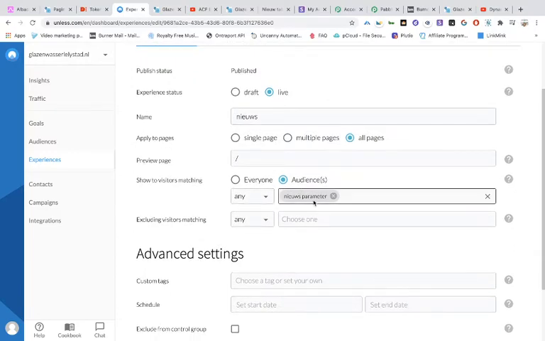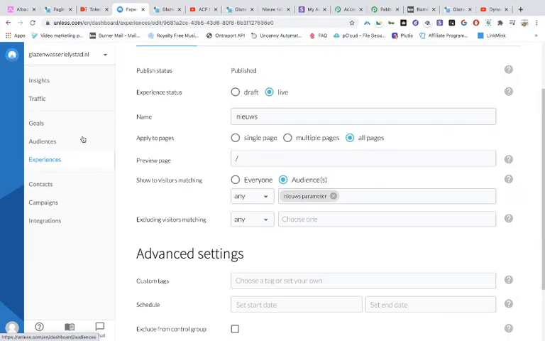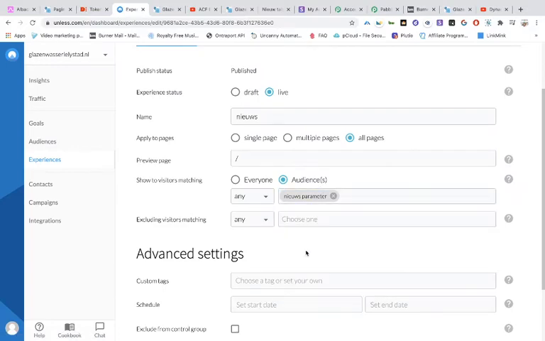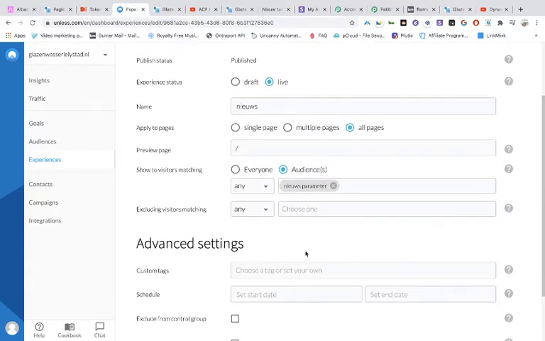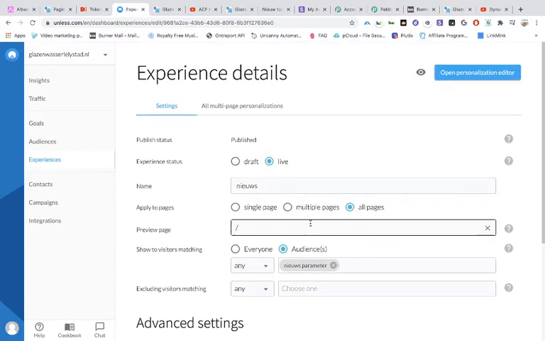And the audience is news parameter, and that was made in here. So when you click on it, then you can see all the parameters. Or audiences, I mean, it's not parameters. Well, then you have to save it. You will see that you can toggle on the live because you have to build something first. So you open the personalization editor,